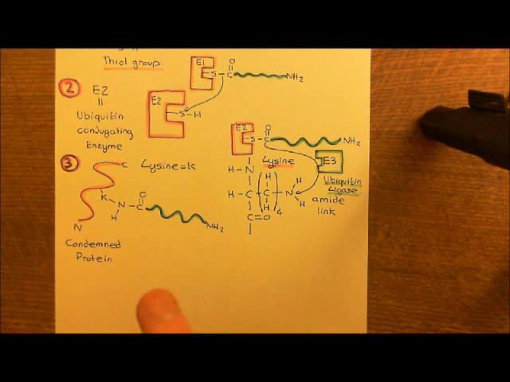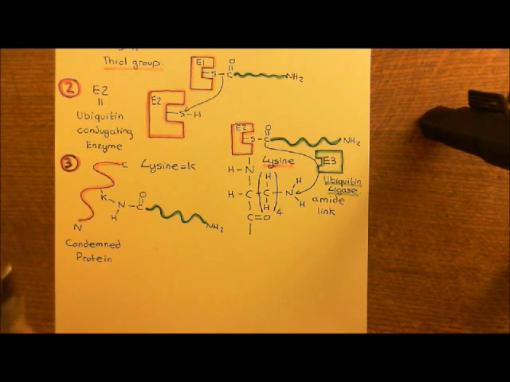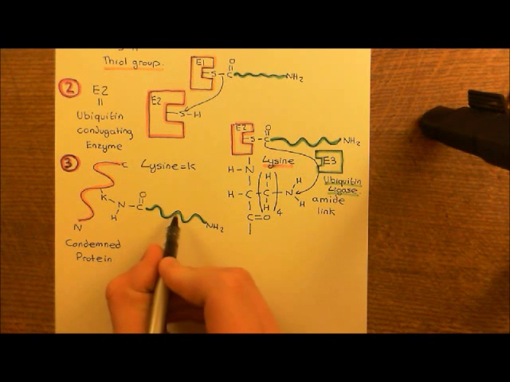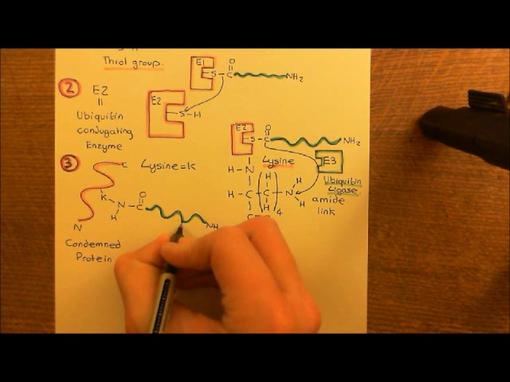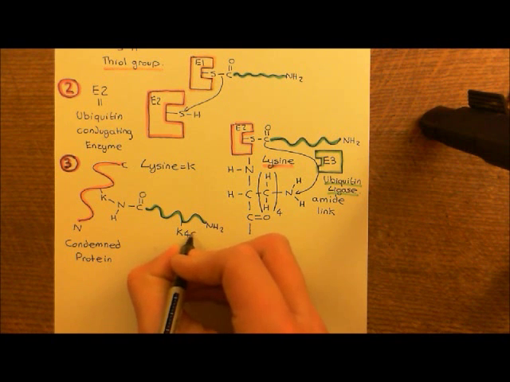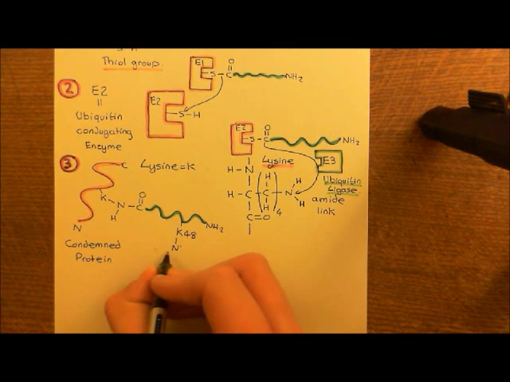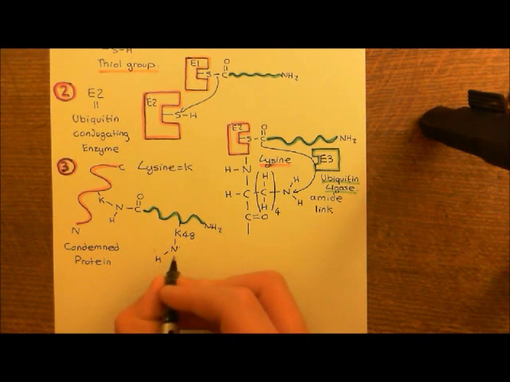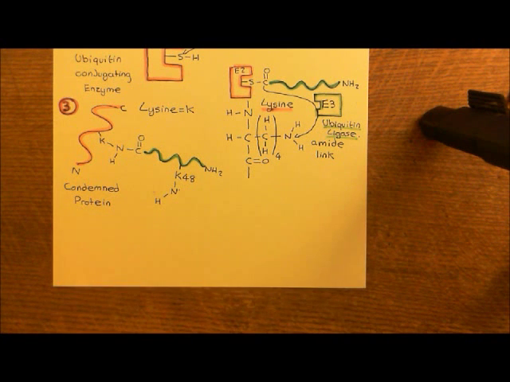Instead, you have to attach more than one ubiquitin molecule onto a protein to get it to actually be degraded. Now, you might think, well, that's easy, all we need to do is find more lysines and attach more ubiquitin molecules on, but in fact you don't need to find more lysines, because what you can do is use lysines that are in the ubiquitin molecule itself. Specifically, the ubiquitin molecule has a lysine at position 48, so this is K48 here, and what you can do is now attach another ubiquitin molecule